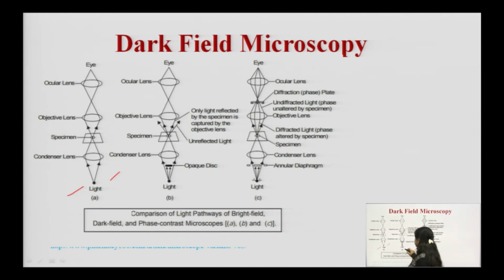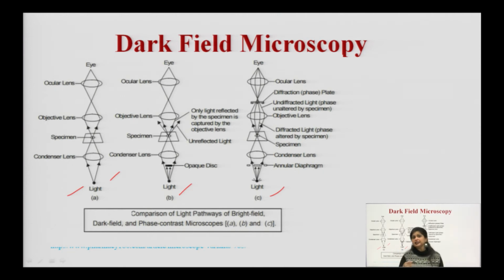This one is the image or principal part of dark field and even phase contrast microscopy. These dark field and phase contrast microscopes are the higher versions of light microscopy. How are they higher versions? We will be able to see live cells, and we don't need to add any staining reagents to the sample. These are the advanced versions.